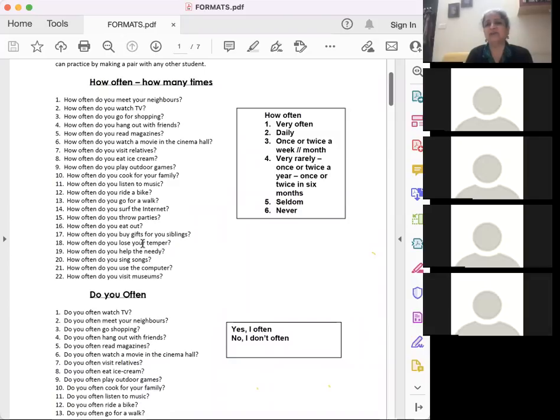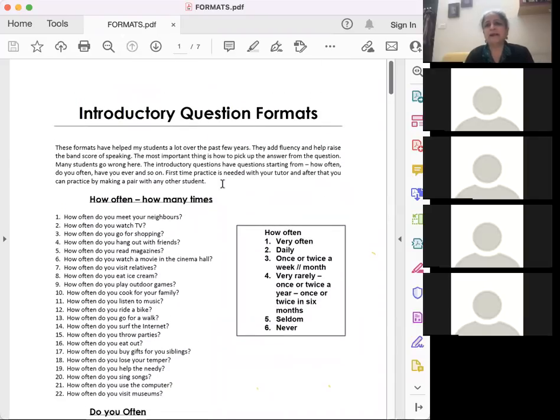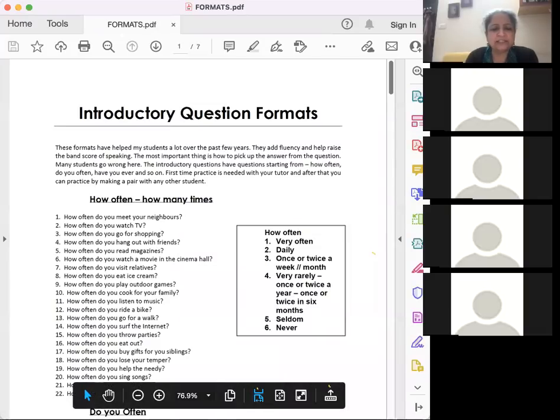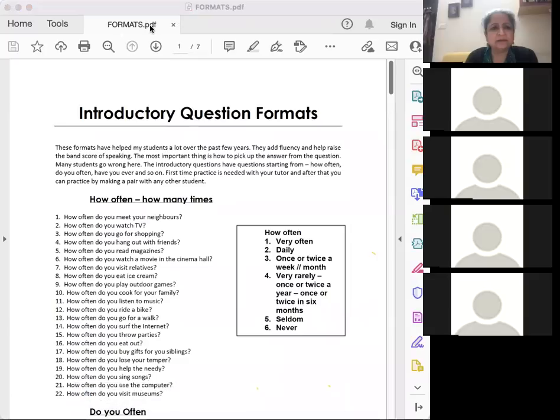आई गो फॉर अ वॉक वेरी ऑफन, इन फैक्ट एवरी डे, एवरी मॉर्निंग, एवरी इवनिंग। ओके, लाइक दैट यू कैन से। तो आज मैंने आपको फॉर्मेट्स कराए हैं, अब ये फाइल मैं शेयर कर दूंगी। यू मस्ट प्रैक्टिस दीज फॉर्मेट्स एंड बिलीव मी, इफ यू प्रैक्टिस दीज फॉर्मेट्स, इंट्रो सेट्स आपके अच्छे तैयार हो जाएंगे। ओके, लेट अस सी 2-3 इंट्रो सेट्स देखते हैं, उनमें ये क्वेश्चंस कितनी बार आते हैं। जस्ट लेट मी ओपन द फाइल।